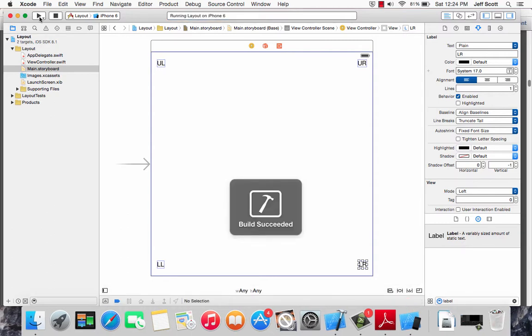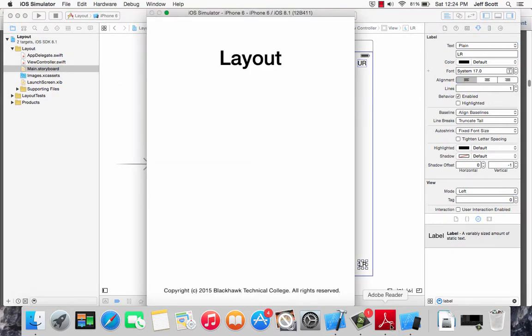It says, once the simulator starts up, you'll find that you can only see the label in the upper left and a small part of the one in the lower left. The other two are off the screen. Furthermore, the label that started at the lower left is only just visible. Okay, select hardware, rotate left, and you'll find that you can see the top left label and none of the top right. So what should happen when we run this now is we should have something that looks similar to